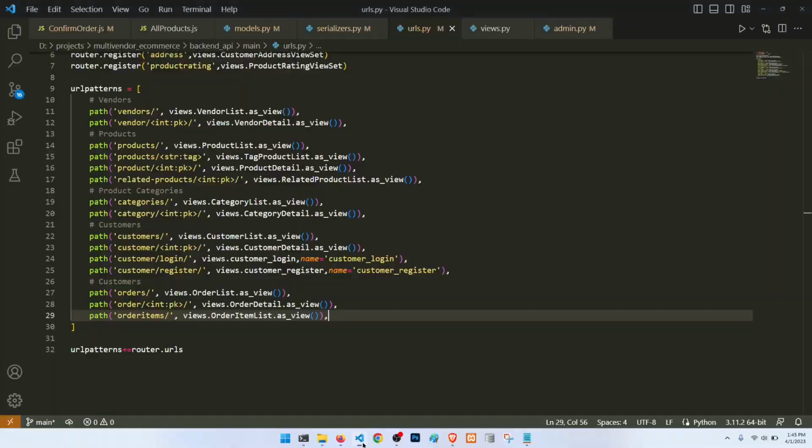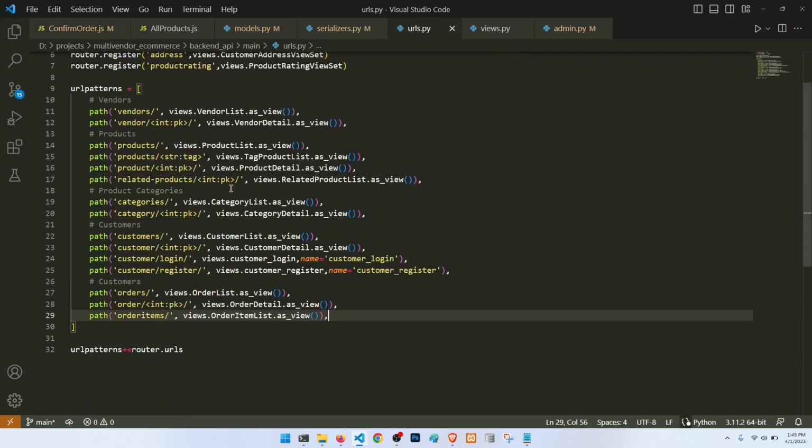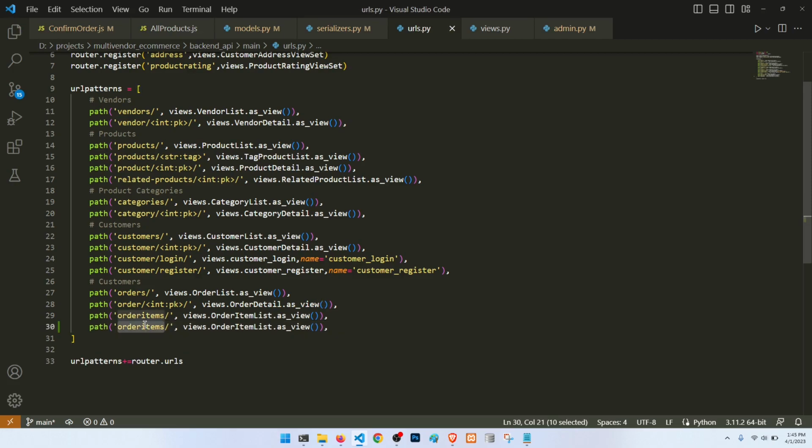Okay, so now we need to post the data. Let's post the data base URL, and here we will create a, let's copy this, paste here, update order status, and this is our order ID,